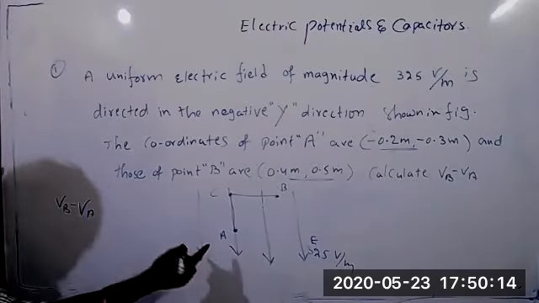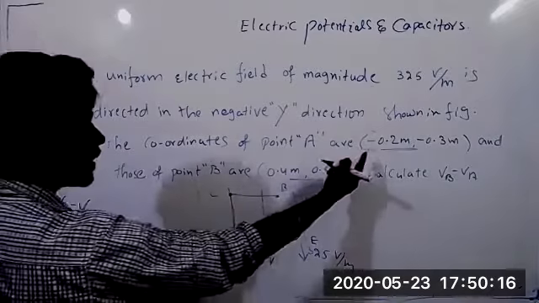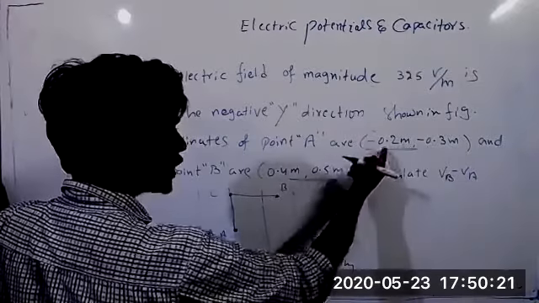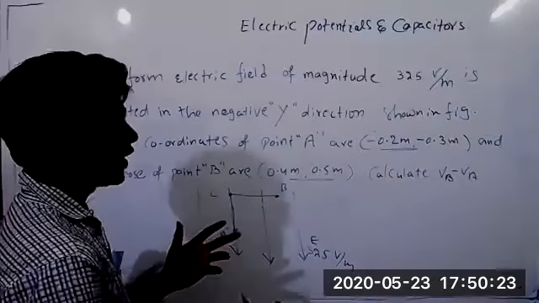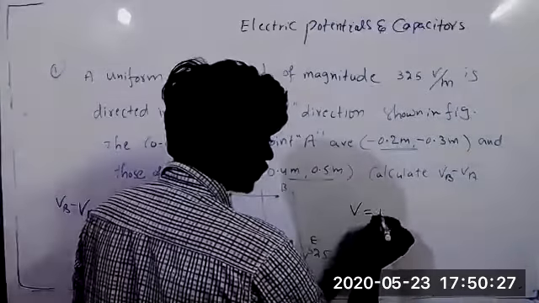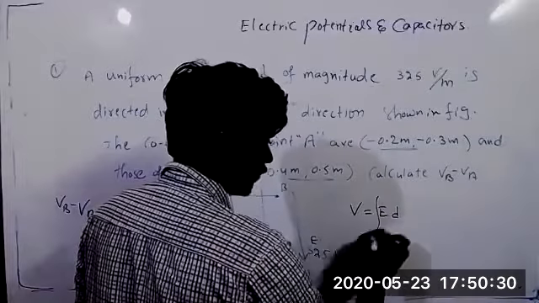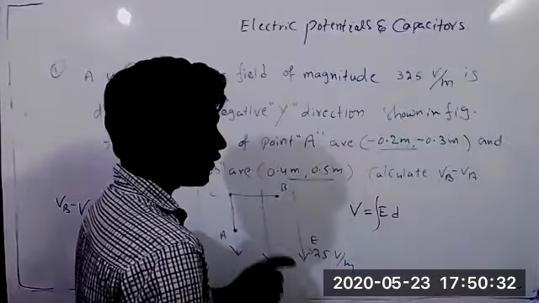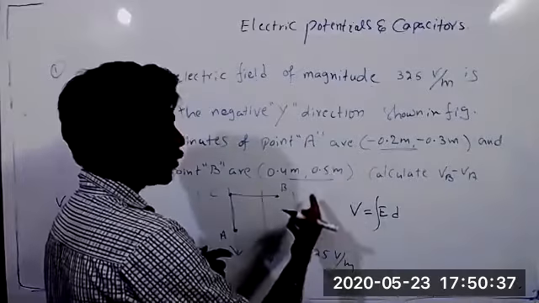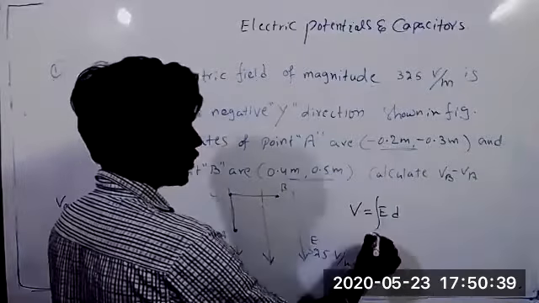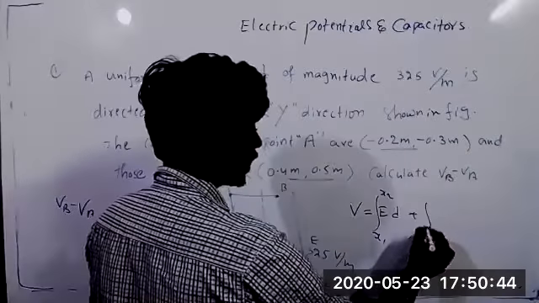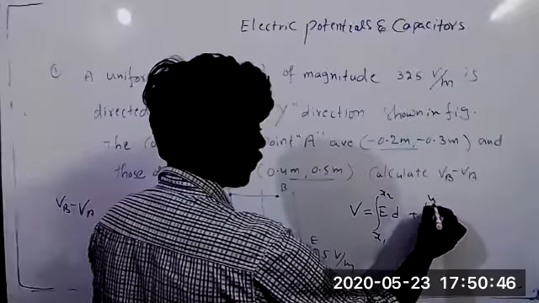Here the given points, right? One x-axis, y-axis, x-axis, y-axis. So x1 to x2. See once the points. When you are seeing that V is equal to E dot d, V equal to integration E dot dr. Why? Because now these potentials are from A to B. So x to y. So x1 to x2 limits will be there. And y also they given, plus integration y1 to y2.